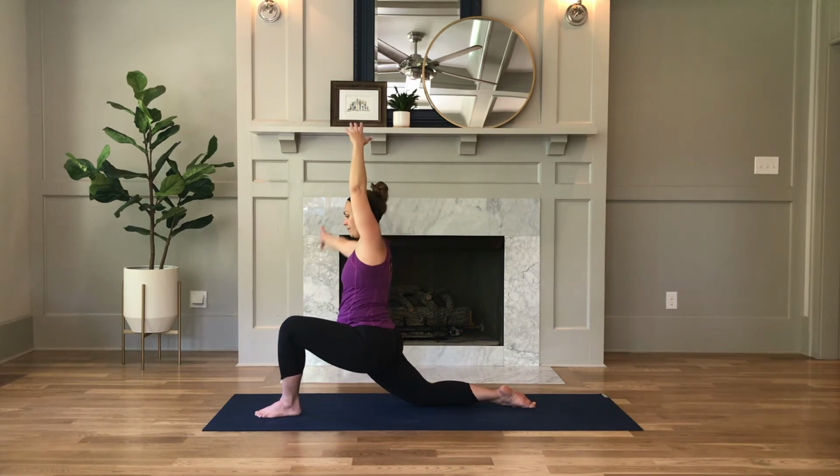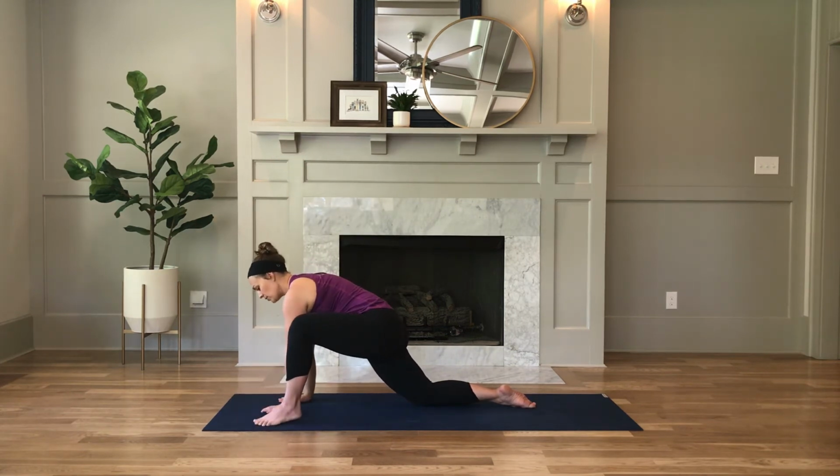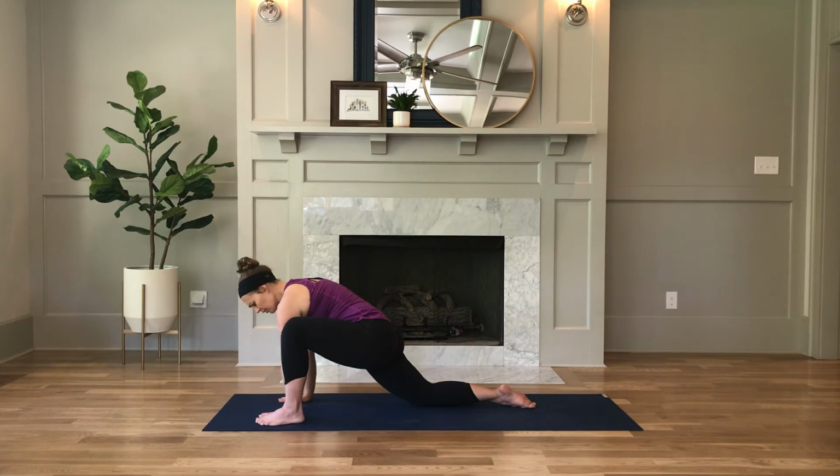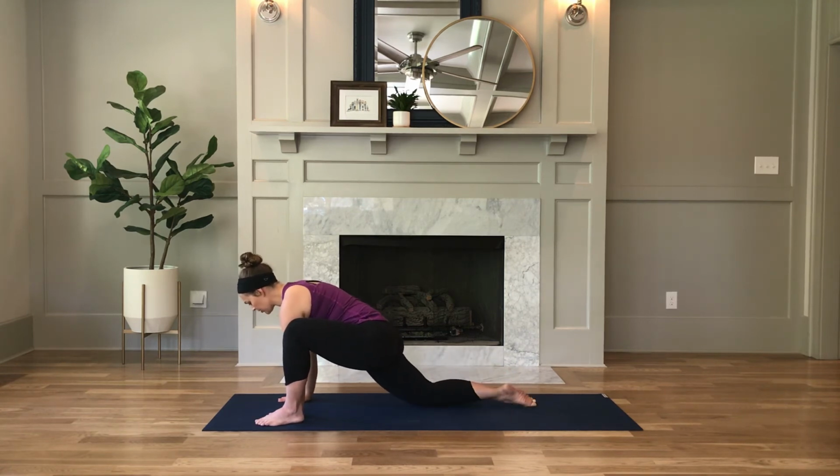Inhale, come up. And exhale, release. Step the left foot out to that outer edge of the mat. So both hands are on the inside of the foot. Staying here, you can stretch, you can lift the knee for a little extra strength, or you can come down,